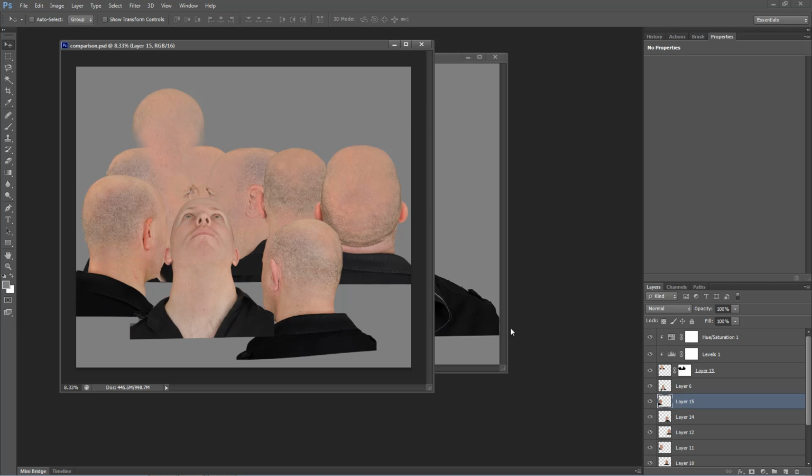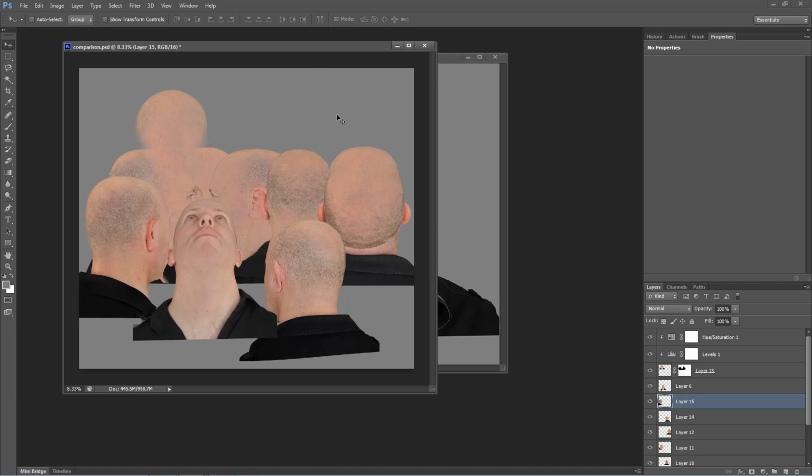And if you find one that's not quite right, say this one for instance was slightly too light and slightly too saturated, you can use adjustment layers to make it match, to take the levels and the saturation down, and you can then copy those adjustment layers back to the original PSD where you painted this image, so that way you know that it's going to match all the other images. This is just to help us later on when we project these onto the model, to make sure that each of these images matches, so we don't have to mess around with them too much when we get them into Mari. Right, if I just close these